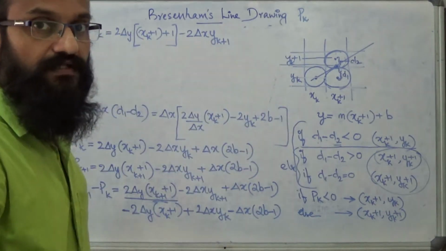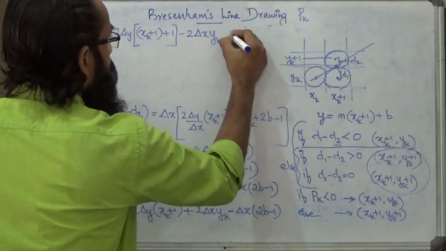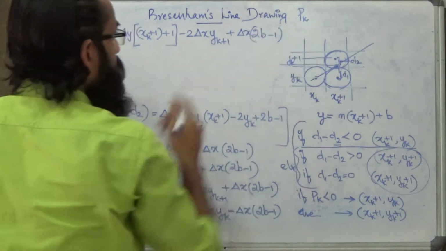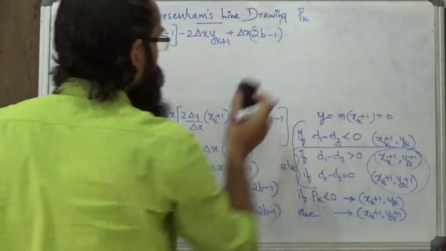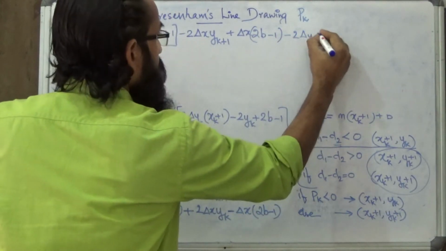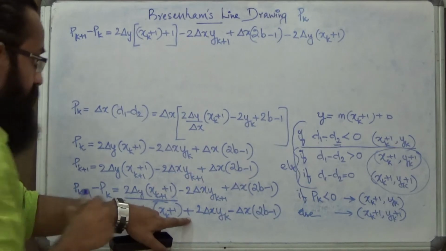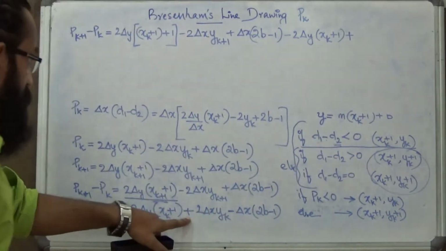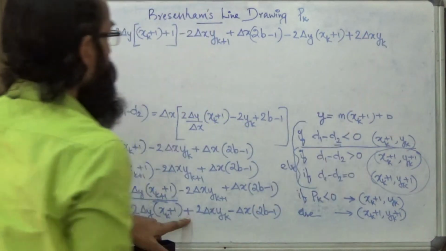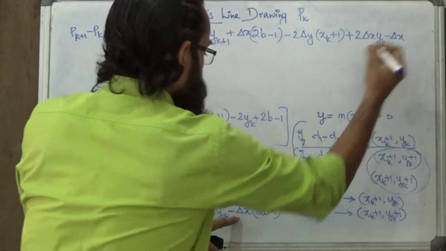That will be purely based on the previous decision parameter. So we will be leaving this as such: minus 2 delta x yk+1 plus delta x into (2b minus 1), minus 2 delta y (xk+1) plus 2 delta x yk minus delta x into